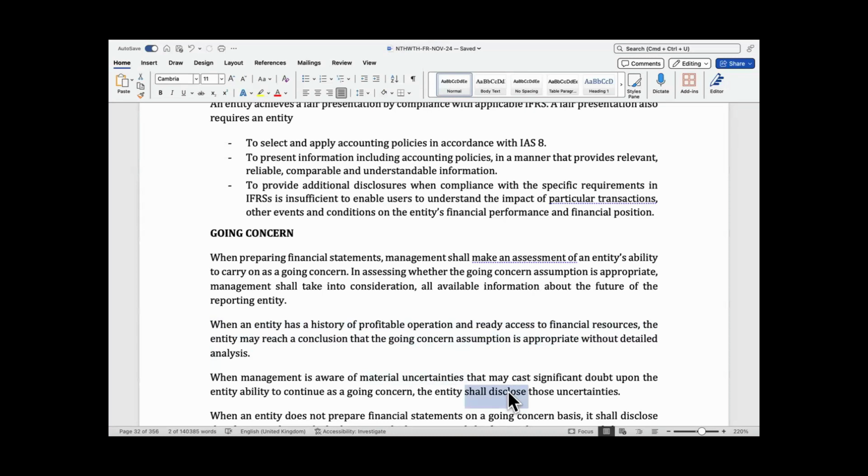And that border closure resulted in a lot of businesses having to shut down, because if you are unable to import, if that's your sole primary activity, importing products from neighboring countries, and you can't import, there is a material uncertainty that will cast significant doubt on your ability to continue, or